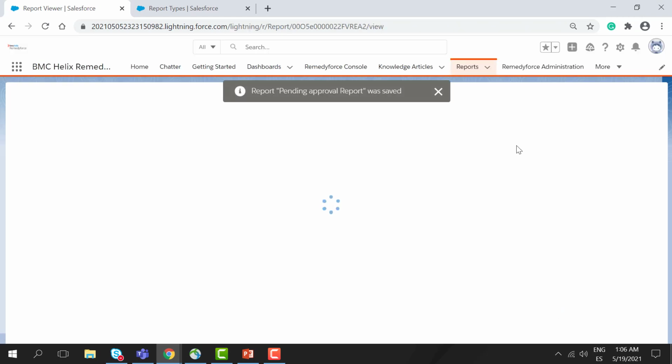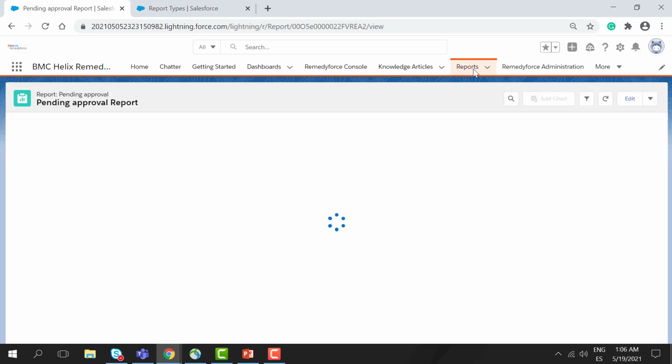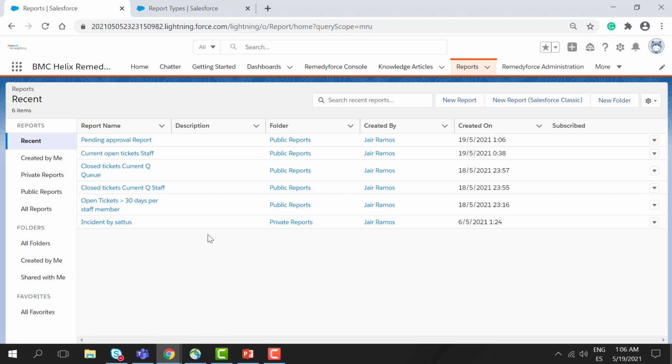Click save. Okay, so now we have created all the reports that we need. So now we can proceed and build the dashboards for each report. Before creating the dashboard, I would like to show you a little bit more of the user interface for Reports in